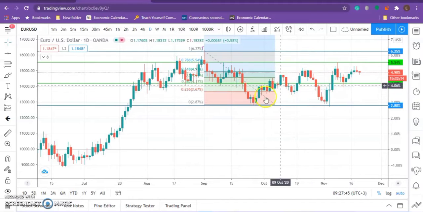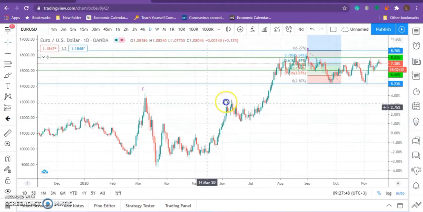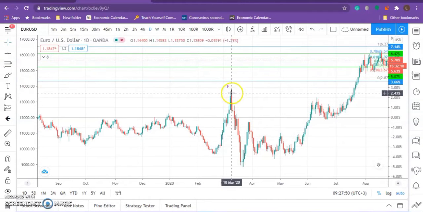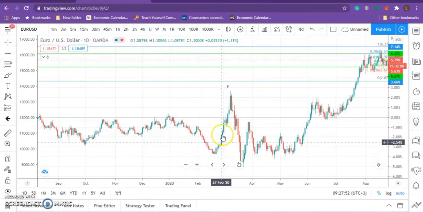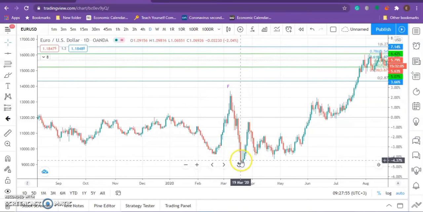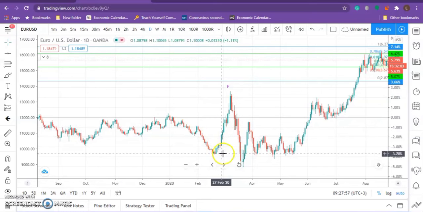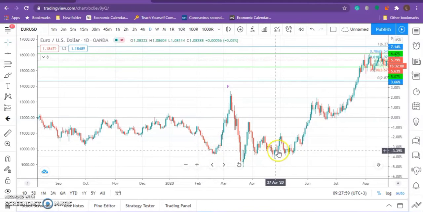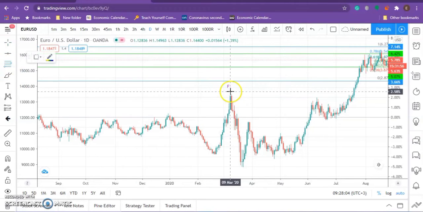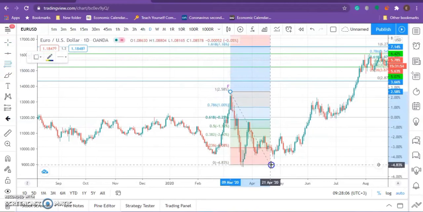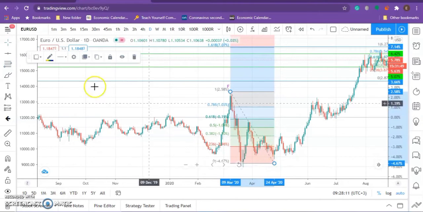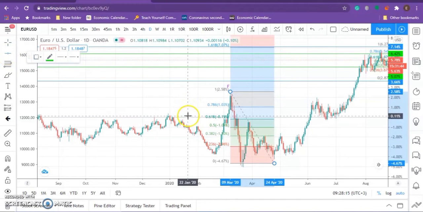So let's move to the next example. So assuming now you've made this graph after it has gone up, now it's on its way here. And you can see that we have our resistance point here. So we start by taking our Fibonacci retracement level from this point up to that point, and then we take our horizontal, and then we put it in between